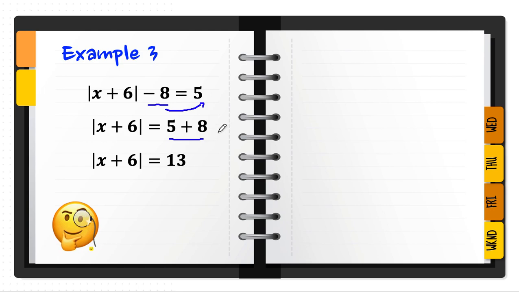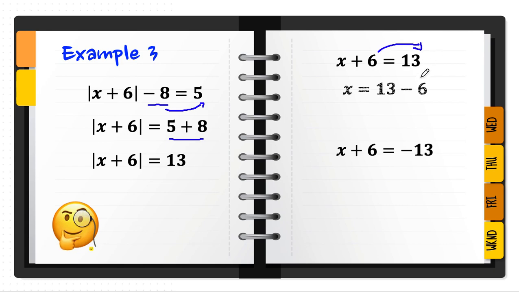So as you can see, the absolute value is already isolated. So therefore, we can have here the two equations. So our first equation will simply be x plus 6 equals 13. And the second equation will be the opposite of 13, which is negative 13. And as we answer this one, just simply transpose 6 on the other side. So that will be negative. So x equals 13 minus 6 will give us